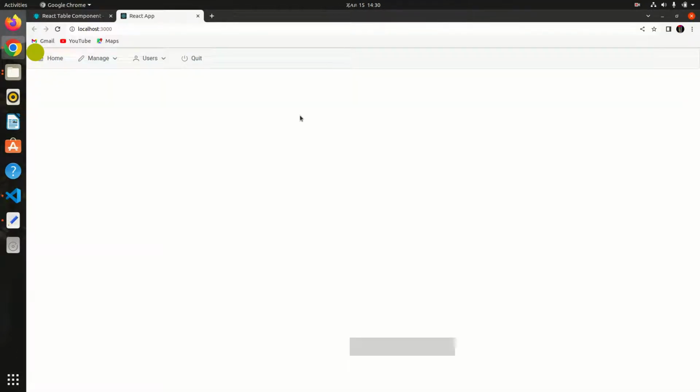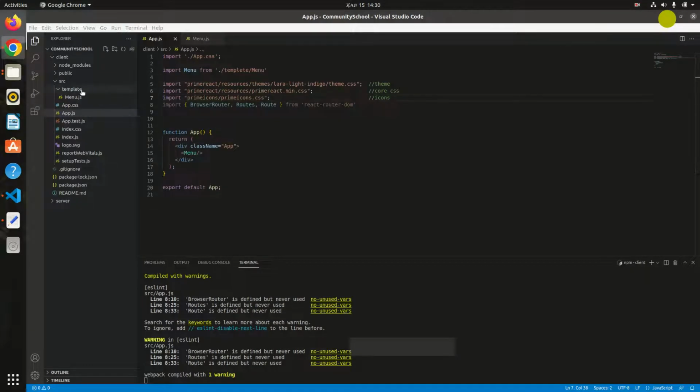You see, this is our React application with Prime React, and there are things here. If you click them, nothing happens; you can't go anywhere. So when I click on Students, I want to go to another page. Inside this React app, let us create a folder called